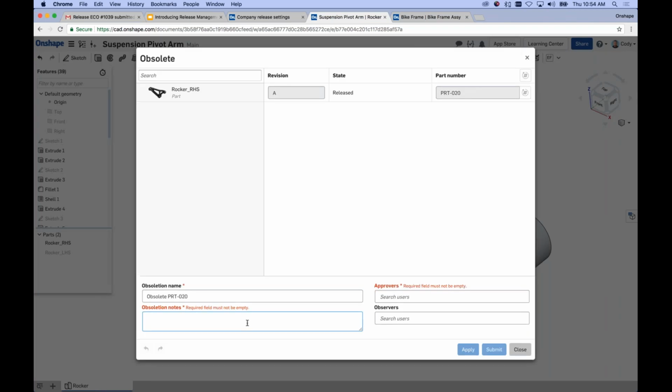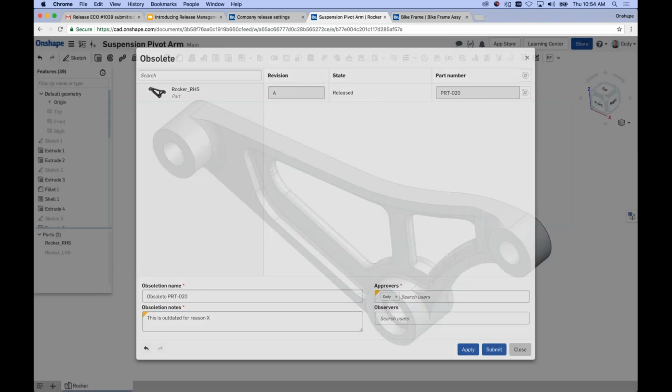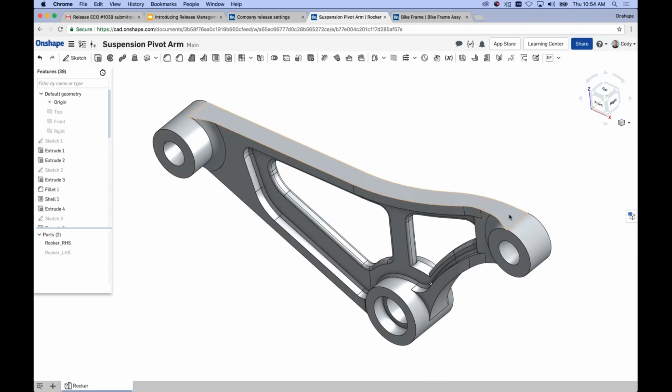It's really not much different than creating a release candidate, except you're moving into obsolete and saying, this is outdated for reason X, right? And it could say, here's my approver, and hit submit. And it has to be approved in the same way that a release candidate is approved. But once that happens, then you won't have that option to insert. So I think that's the key workflow that I would